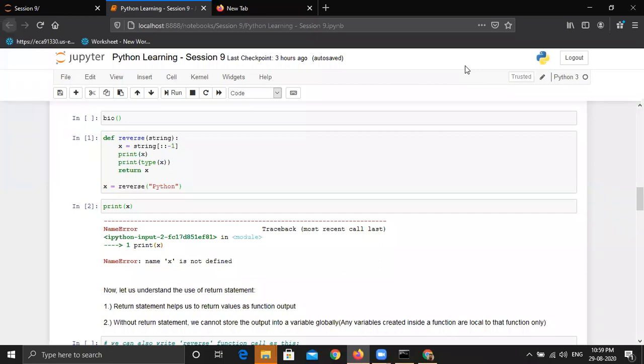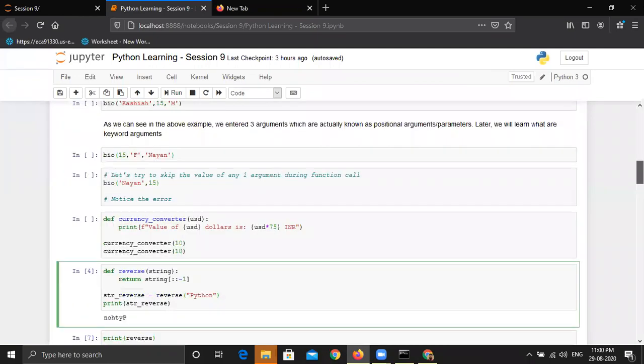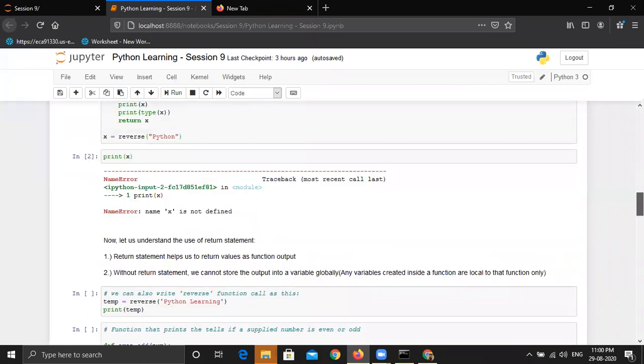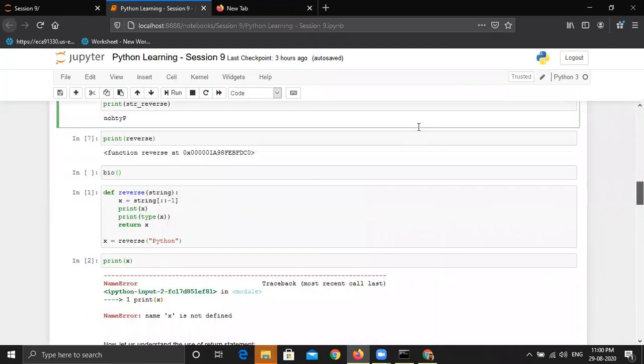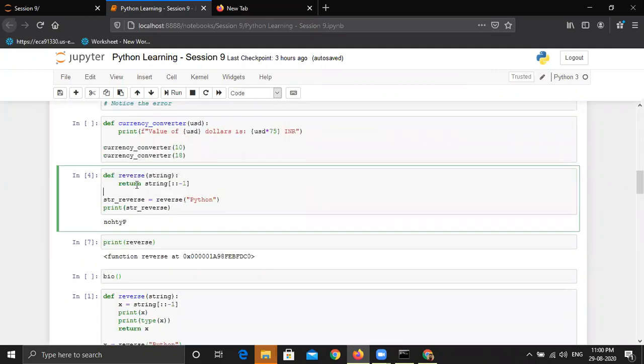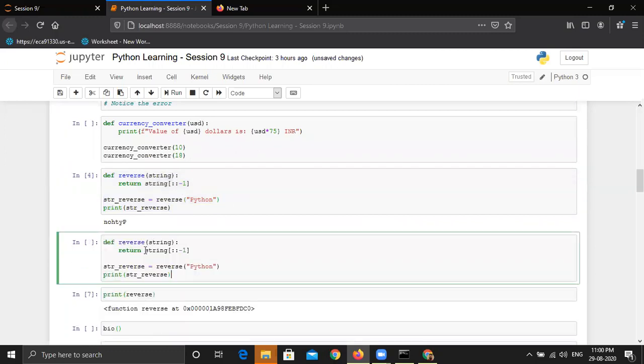Kashish, one question here. Yeah. In the previous example that Dheeraj quoted, the function didn't work only because there was no return from that function, right? Right. Okay, this was the function. If I remove the return statement, that was the only thing. Just because of the return statement, it didn't work.